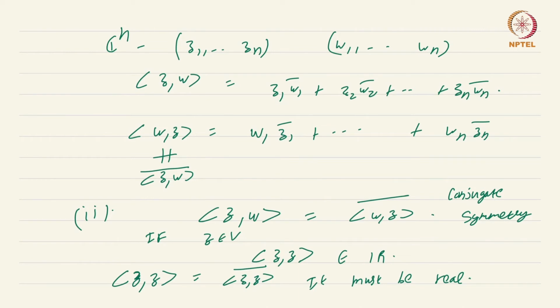And the third condition, as you can expect, is that inner product (z, z) must be greater than or equal to 0, and equal to 0 if and only if z is equal to 0. So these are the three conditions that are there in the definition of a complex inner product. They sort of mirror the three conditions that we had for a real inner product space. Now, a trivial fact that you can check,